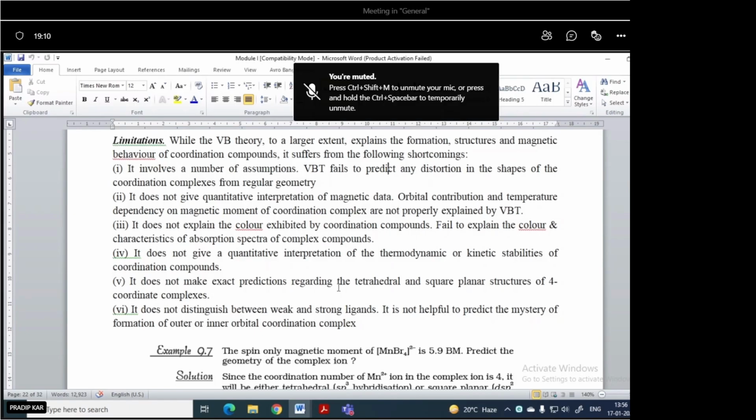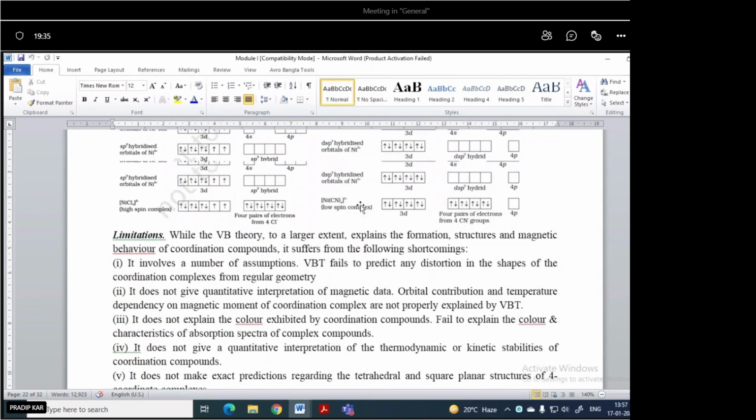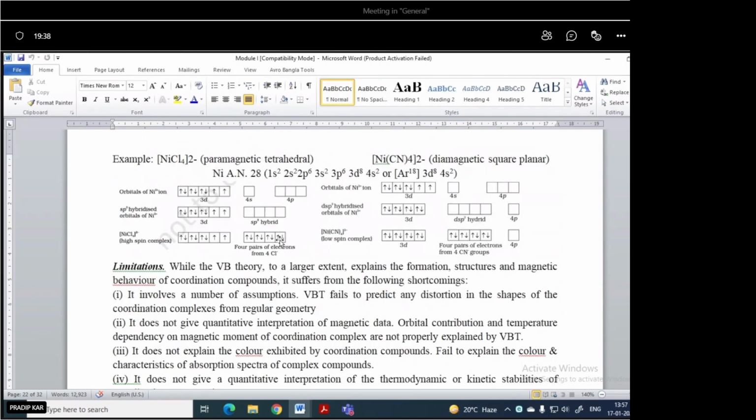Here, to explain the tetrahedral and square planar geometries, the only way we can explain it is from the hybridization, considering strong field and weak field ligands, and verifying with the magnetic property. But why is this happening? That is the complete explanation regarding the tetrahedral. Why is NiCl4 giving a tetrahedral, but Ni(CN)4 giving a square planar compound?